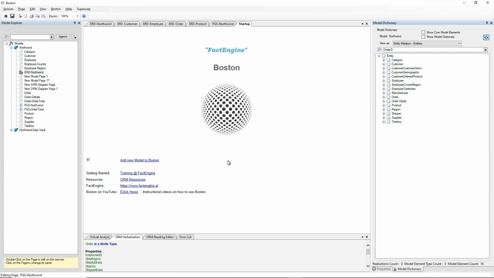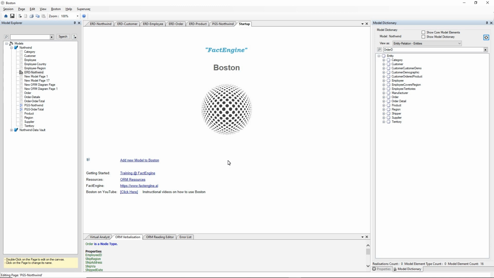I'd like to speak with you about Data Vault and the Boston conceptual modelling software and Fact Engine in general. Fact Engine's clientele is generally of the calibre and size where they're looking for solutions in the data warehousing space, and in particular Data Vault, and where Boston and Fact Engine can provide utility in being able to automatically convert a schema for a relational database or even a graph database and convert that to a Data Vault schema using the code generator inside